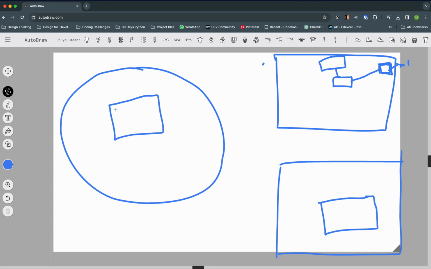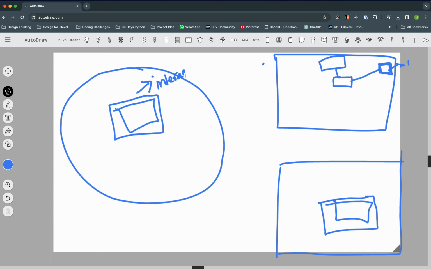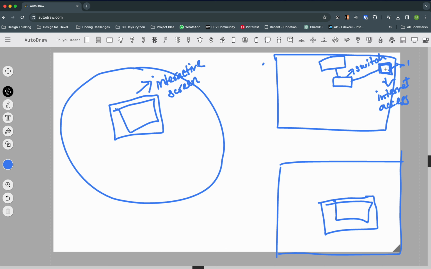Okay, so this is one of the screens and this is another screen. The name of this one is interactive screen. This is the internet access, the main thing where we are getting the internet. And this one is a switch, it takes the main internet connection and then transfers it to here,